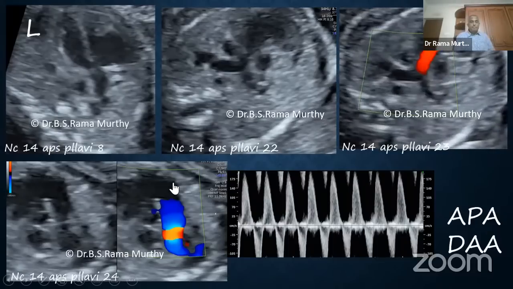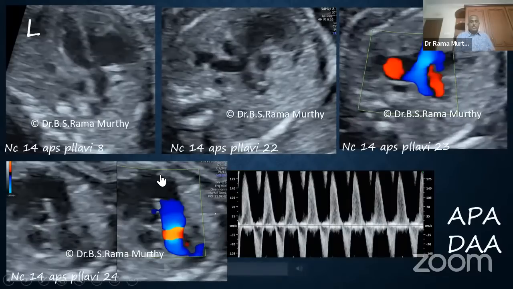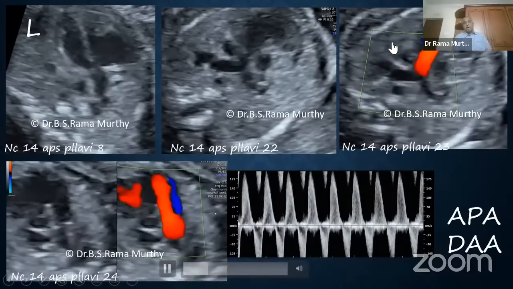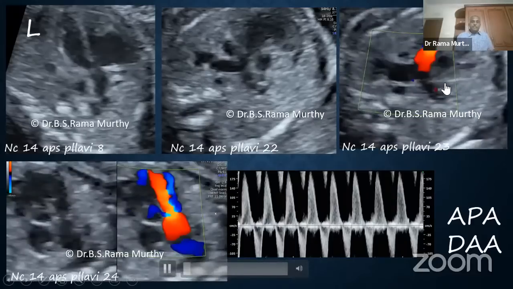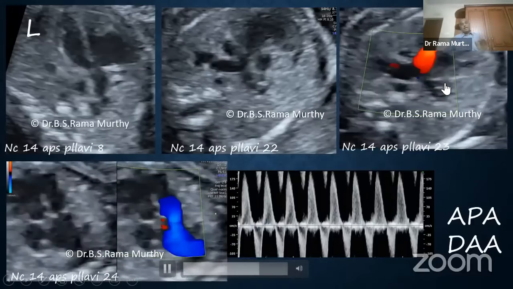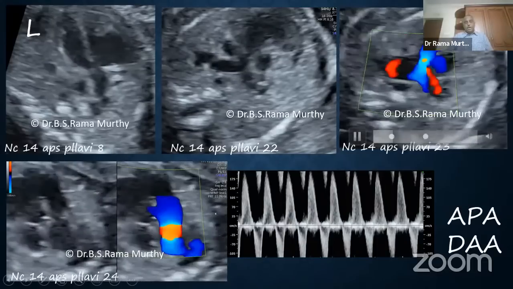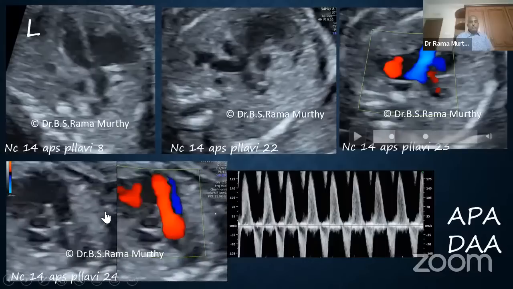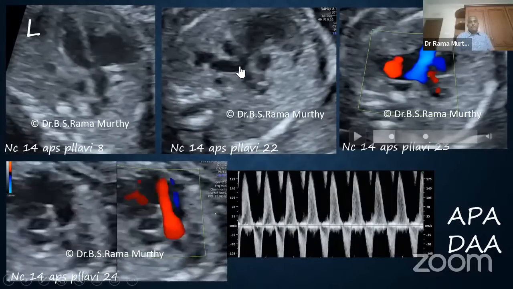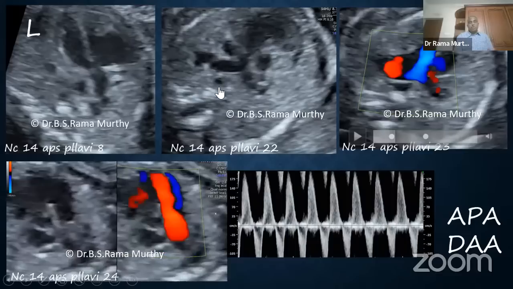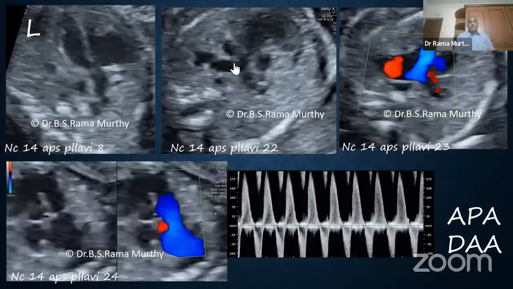And you will see the same in the long axis RVOT. You see the regurgitation, which is seen very well, and on spectral Doppler. So therefore, this is a classical absent pulmonary valve syndrome. Absent pulmonary valve syndrome. And also, again, note that there is no ductus arteriosus connecting up the pulmonary artery with the descending aorta.